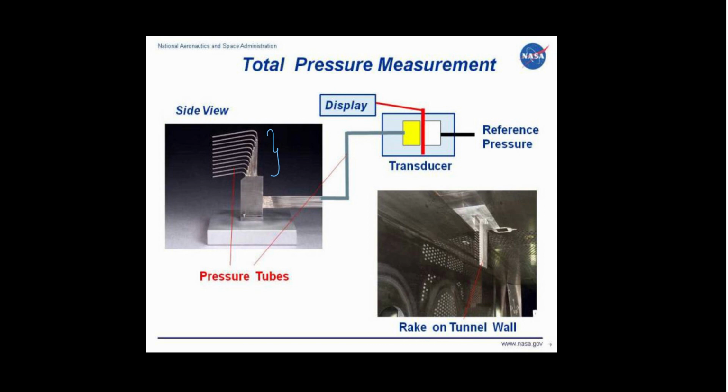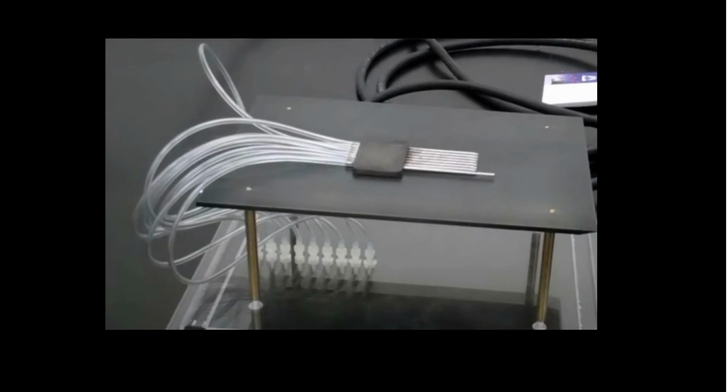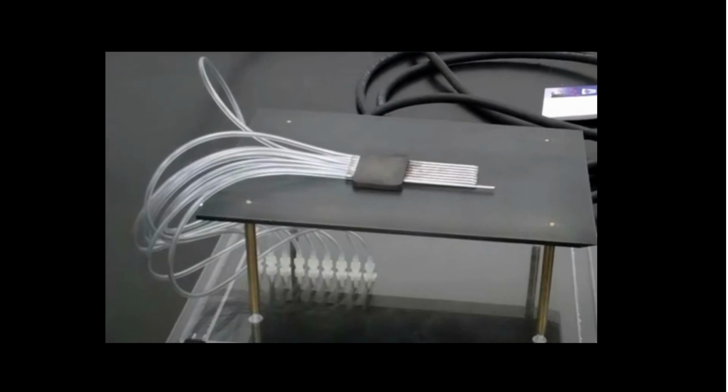And there is another kind of experiment. This is taken from the Measurements Lab YouTube channel. So this is a picture of a setup that they have used. This is a flat plate setup where they have attached a lot of small pressure tubes. You can see that one of them is longer. There are totally 9 tubes, and one of them is longer. The other 8 are smaller compared to the first one.